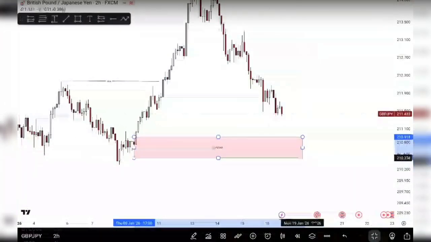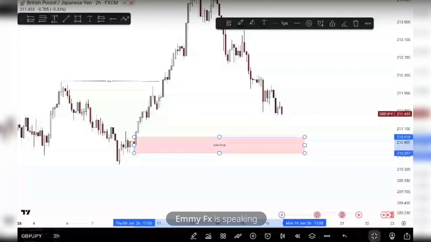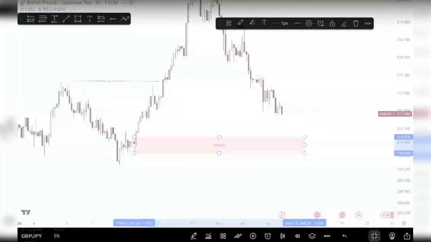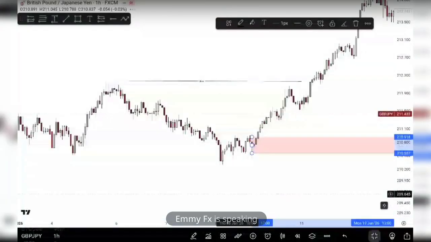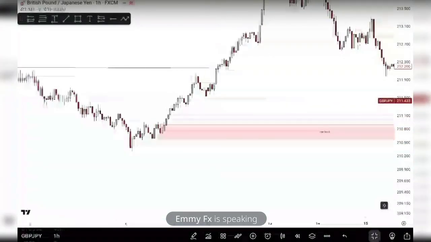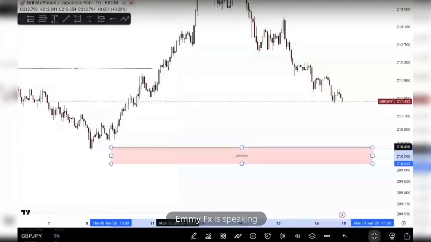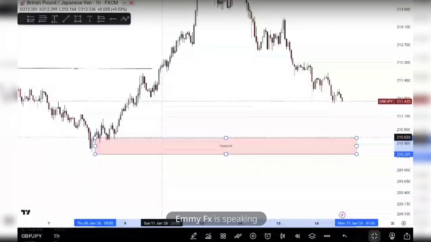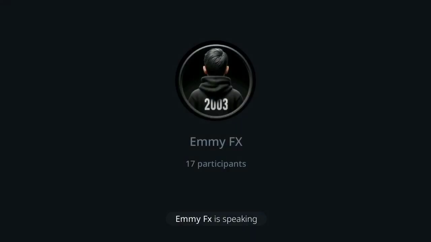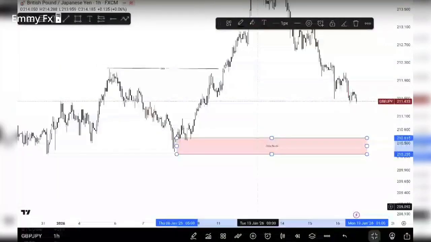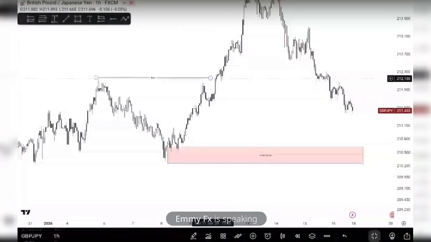Let's move to the 1 hour time frame. All right, in our 1 hour time frame, just because of how the other block is looking, I'm going to use this other block, but this has been mitigated, all right? So that other block is looking not good for me. But the 5 minute time frame,